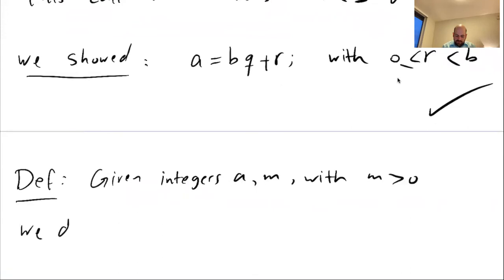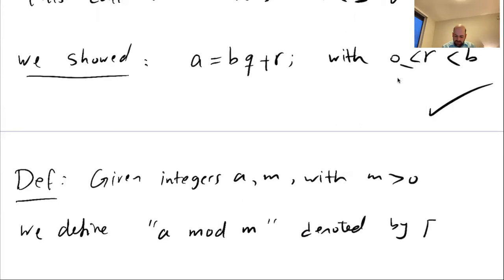We define a modulo m, denoted by, so this one we usually say the class of a, equivalency class of a modulo m. We will see the definition of equivalency classes later. But for now, just accept this notation